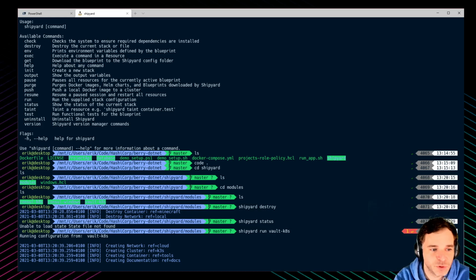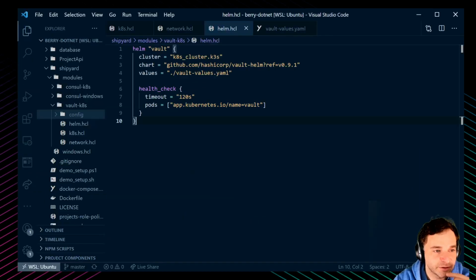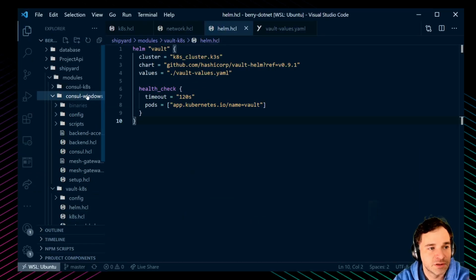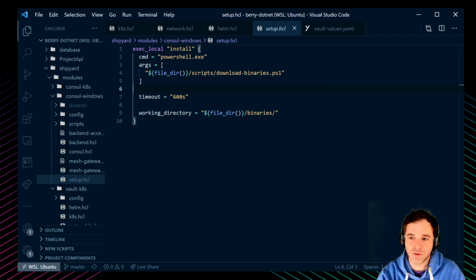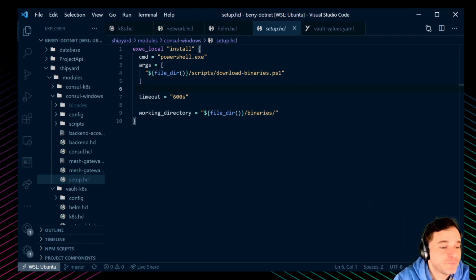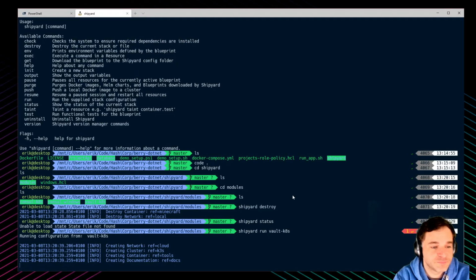One of the other blueprints I have in here is actually an entire Windows-focused one. The Consul Windows one basically just runs binaries and PowerShell scripts, etc., and that all works as well. We're going to get to this much later, when we're actually going to hook up multiple Kubernetes clusters together, and that'll be more exciting. But for now, it created the network, it's spinning up a Kubernetes cluster,